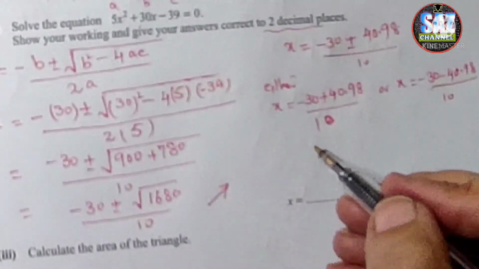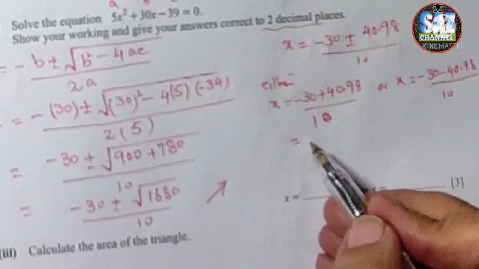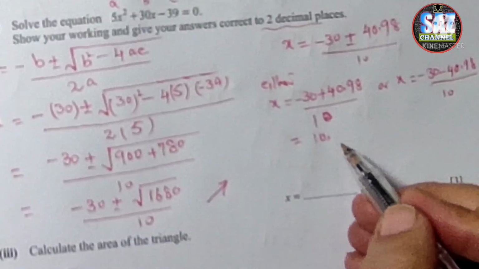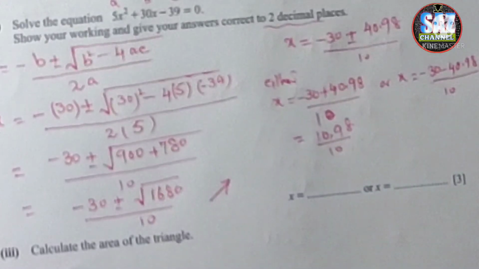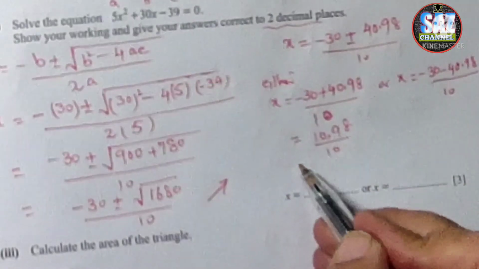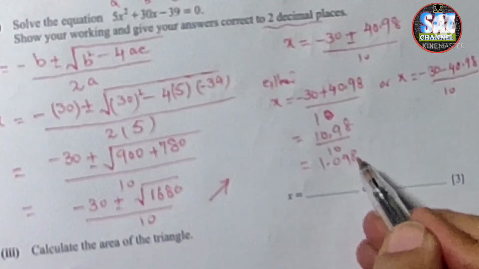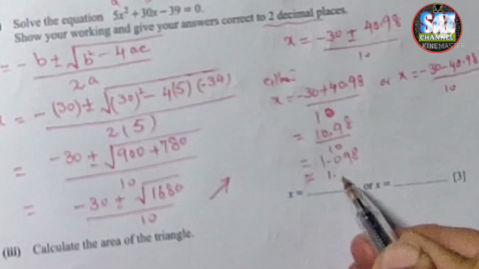Okay, so this will be 30 minus 40.98, and this gives me 10.98 divided by 10, and this gives me 1.09, which we have to give to 2 decimal places,